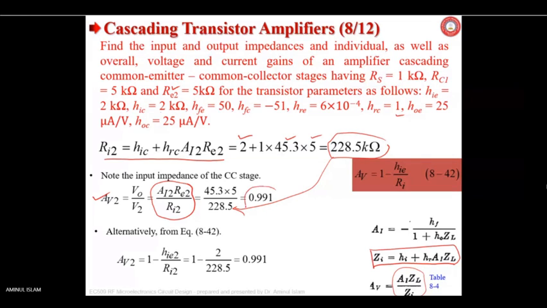So finally you get the gain of the second stage, that is Q2, as 0.991. We know that for a common collector or emitter follower configuration, the gain is always less than 1 or very close to unity. So it is happening here also in this numerical calculation. Yes or no? Yes, sir. So remember, once you do the calculations numerically, your theoretical knowledge will be stronger and your confidence level will be higher.